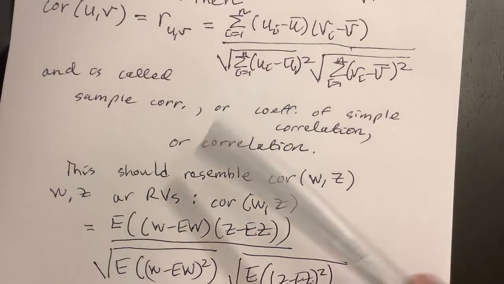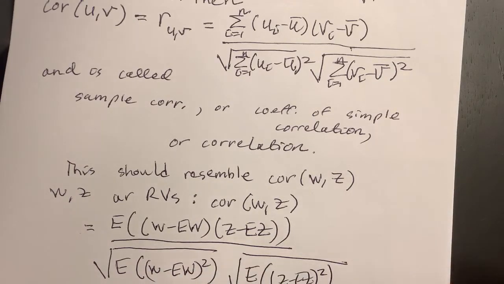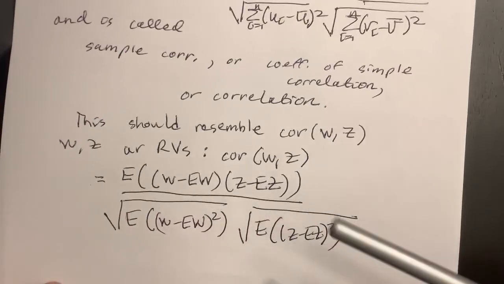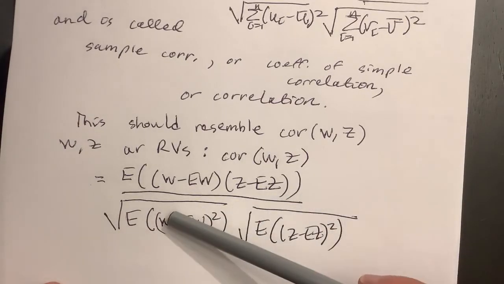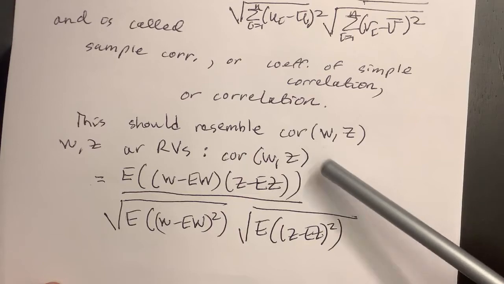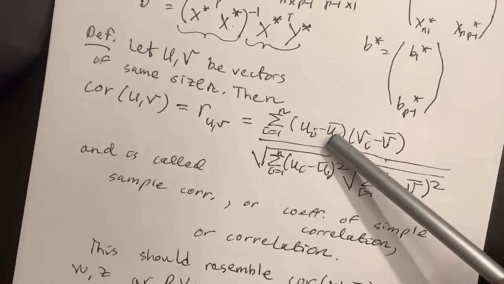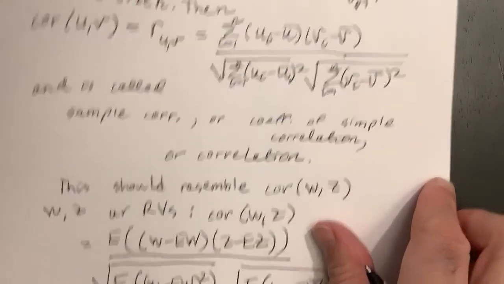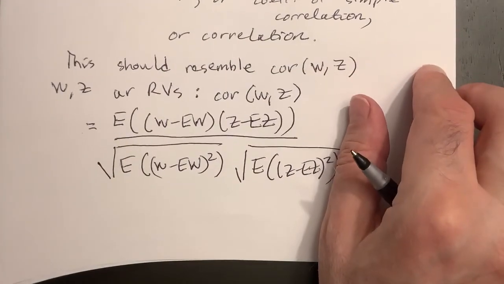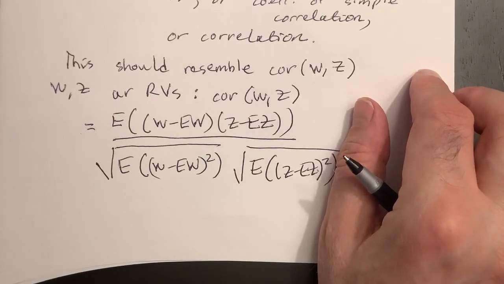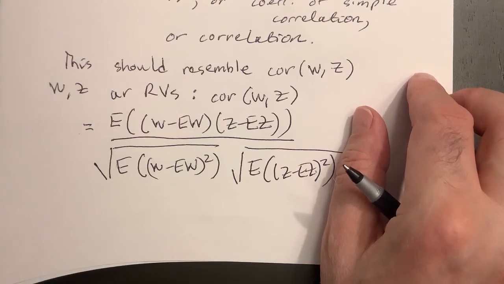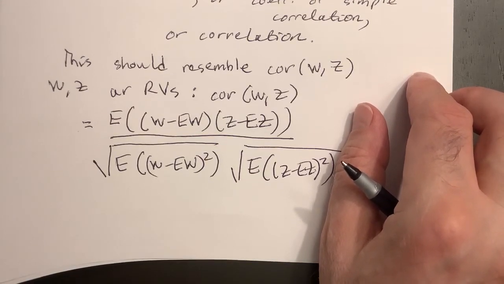Now really the variance here has a divided by n minus 1. This has a divided by n minus 1, but they all cancel. You get a square root of n minus 1, square root of n minus 1, and that cancels with the unsquare rooted n minus 1 up here in the top. Sorry, maybe I should call it quits for the night and do the rest tomorrow. I'm getting sloppy. Okay, so if you accept this new definition of correlation of two vectors,